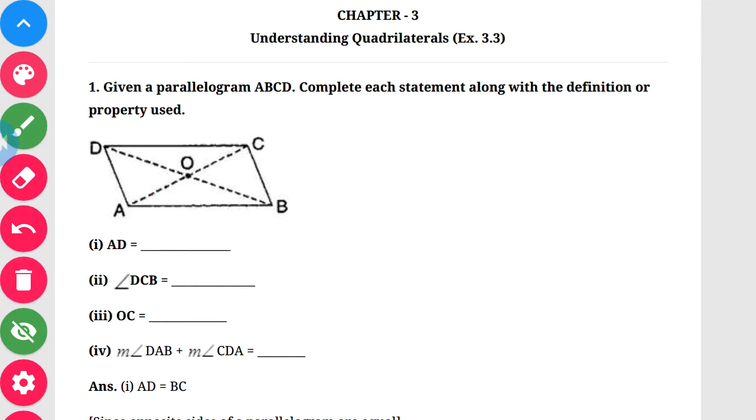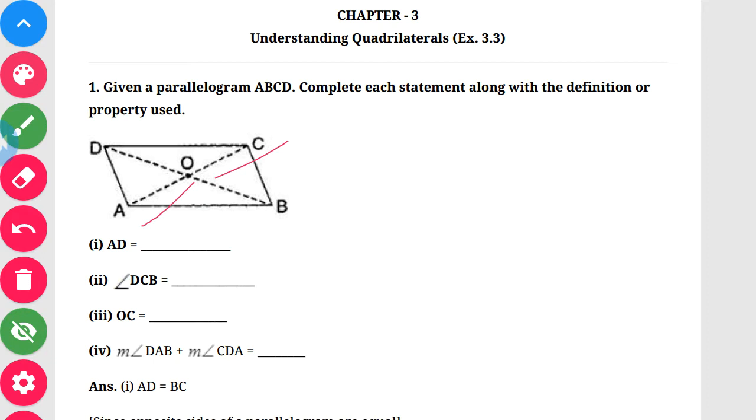Next is OC. When I say OC, this is a diagonal, so part of a diagonal, I can say half part of a diagonal. So OC is equals to OA. As the diagonals bisect each other at a point O, that's why I can tell OC is equals to OA. So the fourth one is again